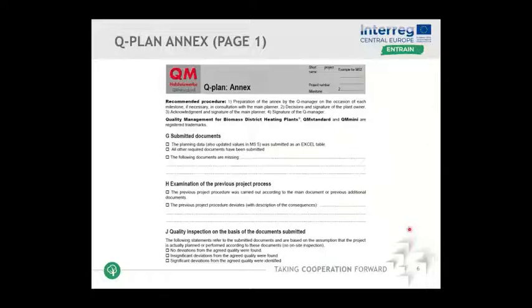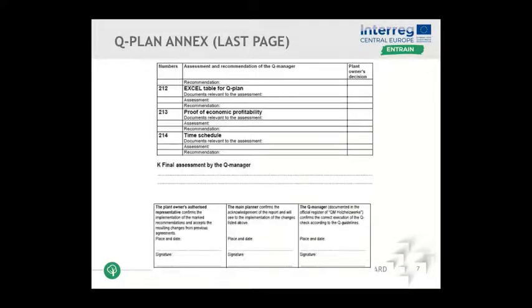So, and also how the QM is implemented. You see here a form to check which documents have been submitted at every milestone. Then, some examination of the previous project process, how the quality was inspected, and here the last page of the Qplan NX. There's also documented which documents were handed in, what is the further time schedule, and a very important field for the Q manager,